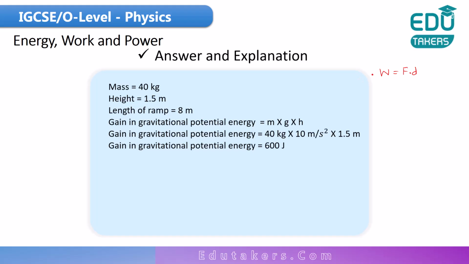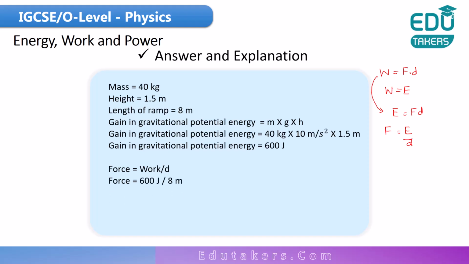Next, the second thing here is that we don't know how much work is done. But you already know that when work is done, the object gains energy. It means that work done is equal to the energy gained by the object. So I can simply write this formula as energy is equal to F times D, the product of the force and the distance. Then force comes to be energy over distance. You can also see here, force is equal to work over distance, and the work is basically equal to energy.